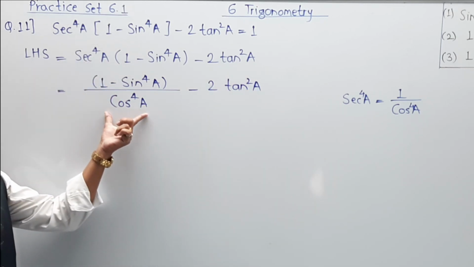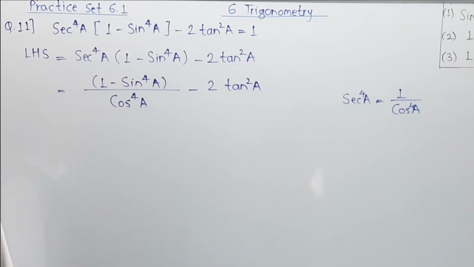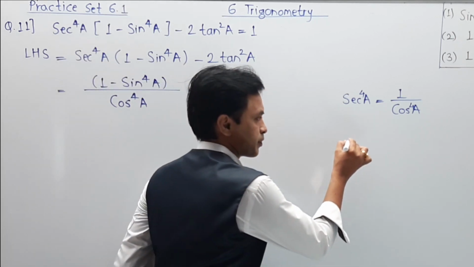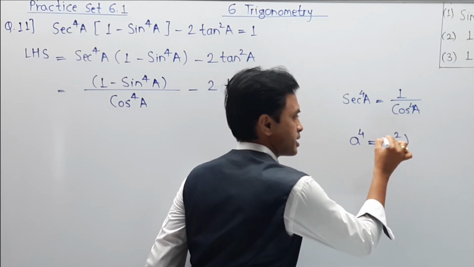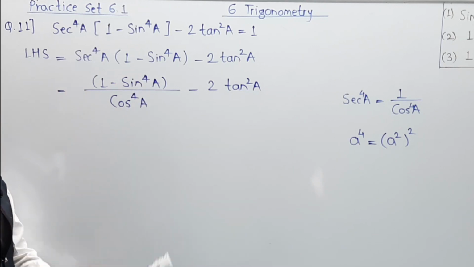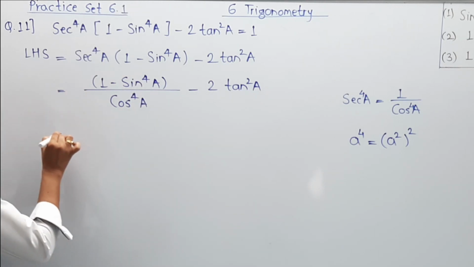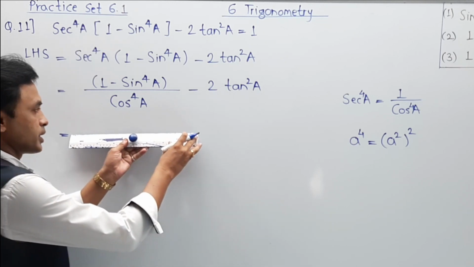Now this cos raised to 4a is a part, and again we have to go for reduction. So the next part is 1 minus sin raised to 4a. If in a numerical it is given as a raised to 4, then I can write it as a square bracket square. Following this rule, I am going to make a slight change. Students, please attend every step properly and observe it carefully.